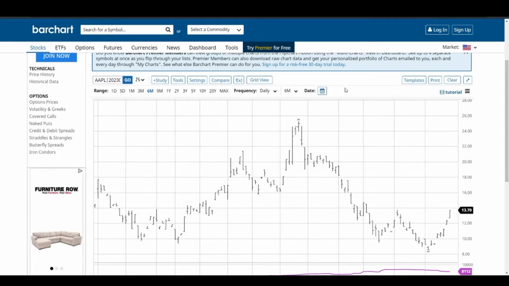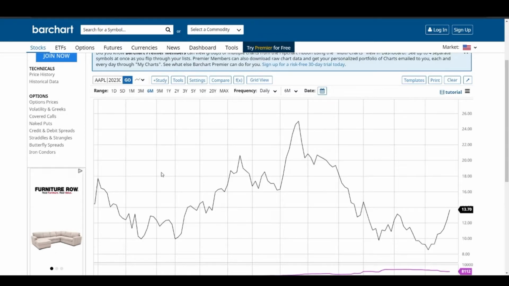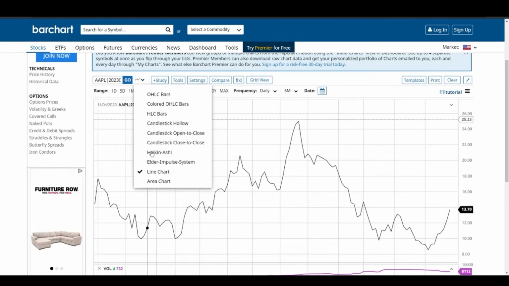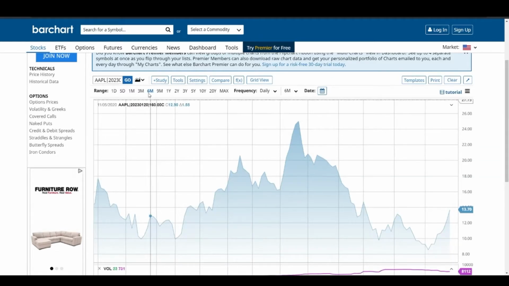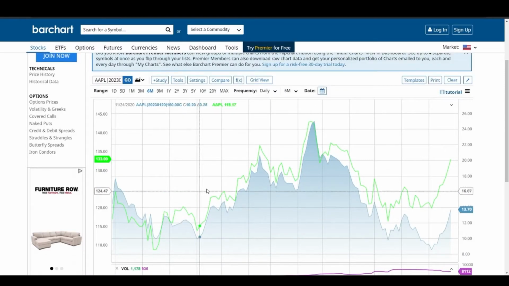So for the most part, we're looking to see exactly what our entry point would look like when Apple drops to 119. Just to change a few things to make it easier to look at, we're gonna change to the line chart or the area chart, which is a lot better to look at. And we're also gonna open up compare, so that way we can actually compare it to the movement of Apple itself. And you're gonna definitely change it to a color that you can see. So you hit apply, and now you can see the green line is Apple and the blue line below it